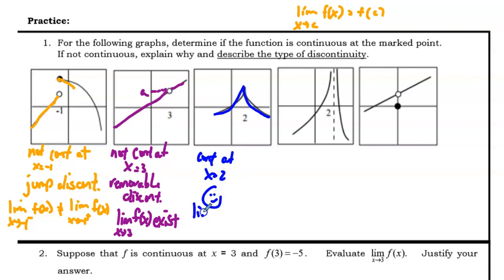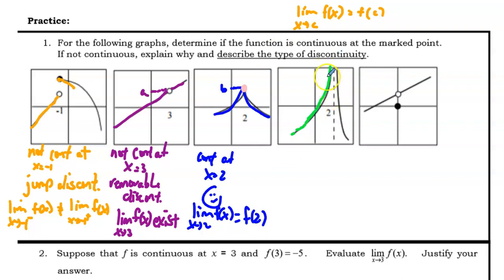That means that we know that the limit as x approaches 2 of f of x is going to be whatever this y value is here. We'll call this b, and that's going to be equal to f of 2. And f of 2 is defined at that point right there. I know that there's a sharp corner here. That will be a discussion that we'll make a little bit later on in the course. All right, so example number D, we'll call it,